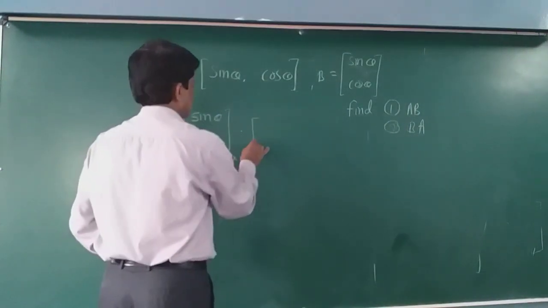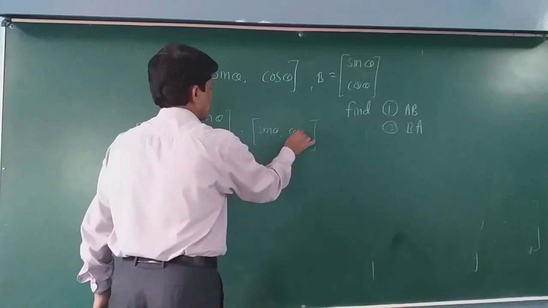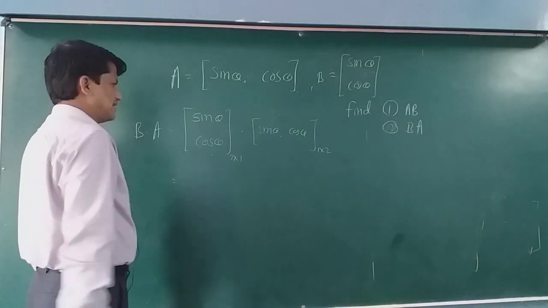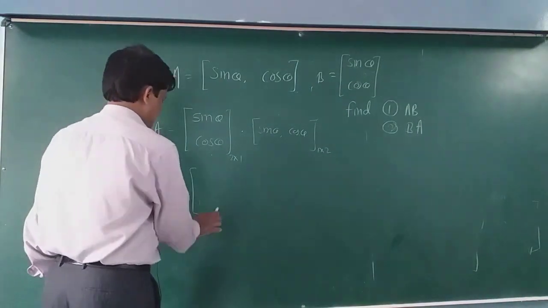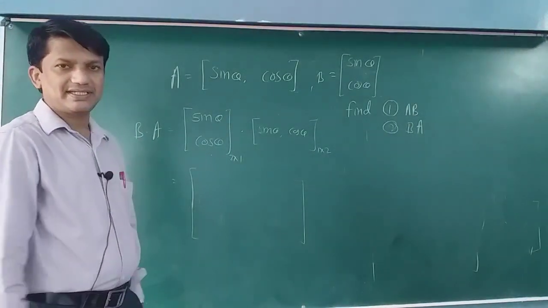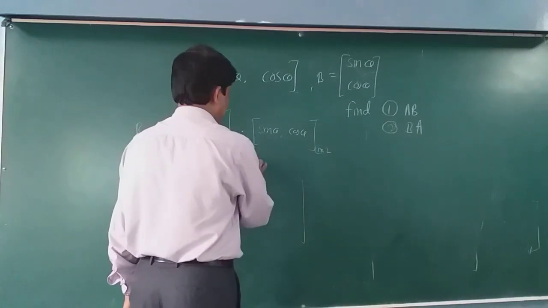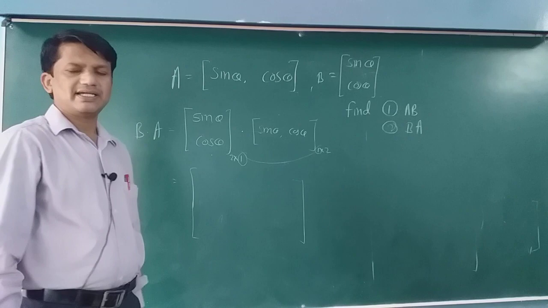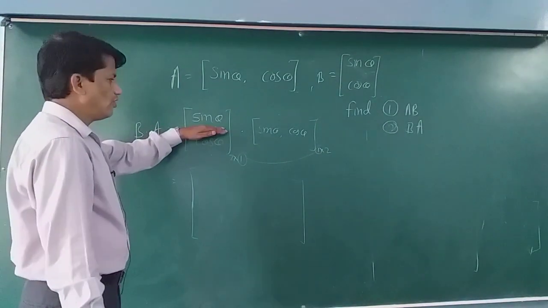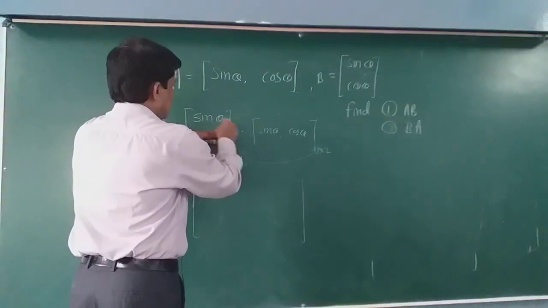And here, sin theta and here cos theta. What is the order here? First row and columns 2. So what is the answer now here? The result will be of the form number of rows and columns. Look here, this number 1 and this number 1 are the same. So their product is possible. How do we find the product? Go row wise, come down column wise. Here is only one row and one column there. Sin into sin.